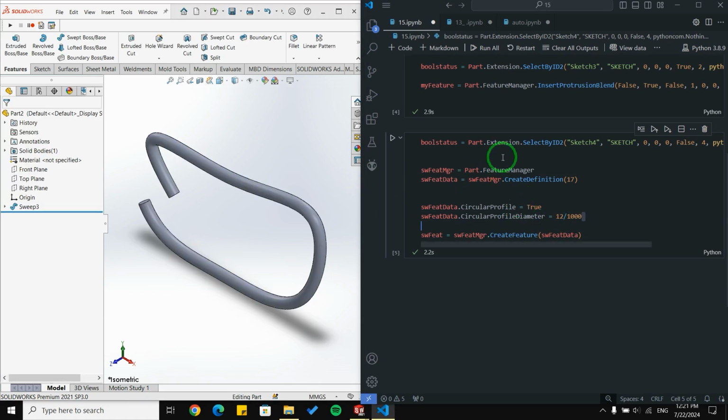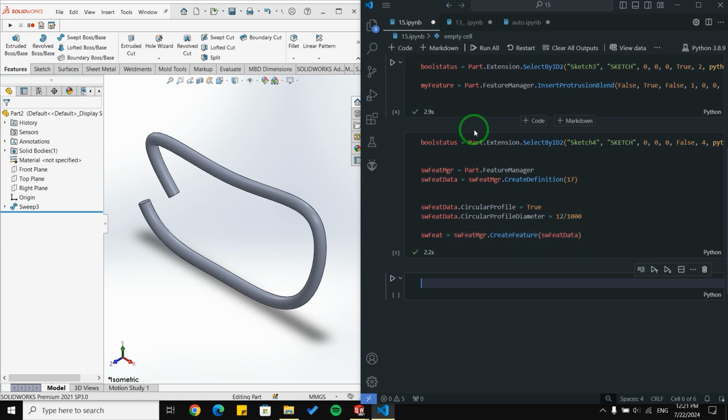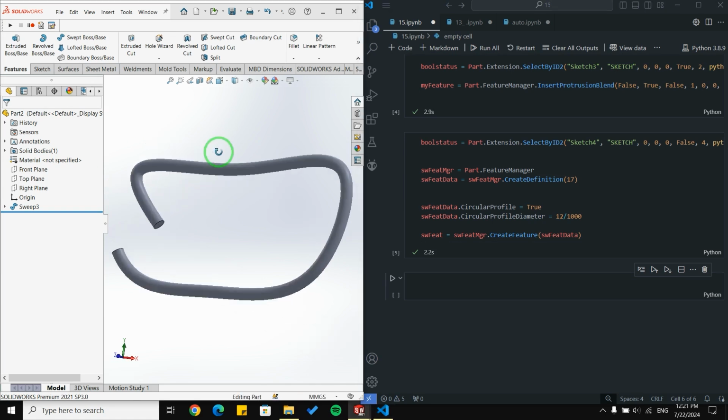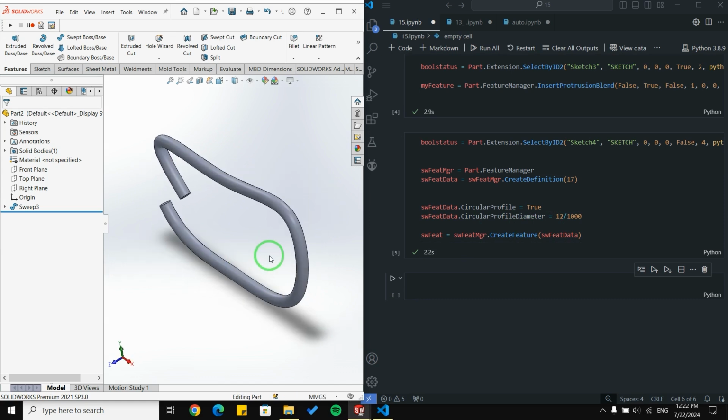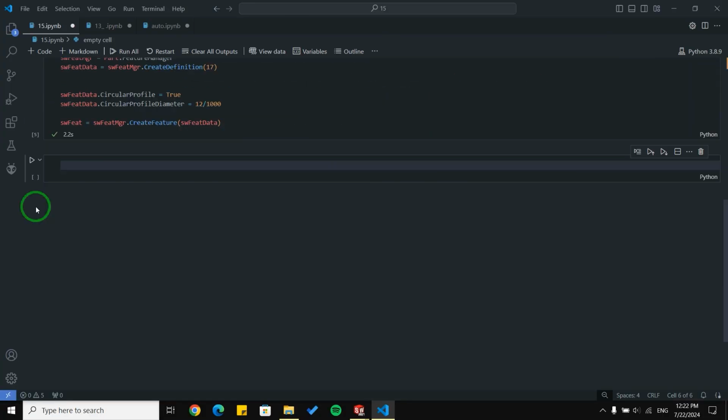After creating a circular profile sweep, it is necessary to know how to edit it. For example, in a project, I may need to adjust these diameters for different purposes. First, it is 12 millimeters, and then I want it to be 20 millimeters. So I need to be able to change these diameters. I'm going to write a code here to show you how to edit diameters in a circular profile sweep and then explain it.